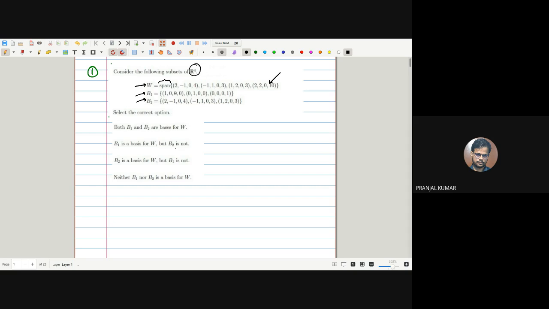So first of all, W is the span of these vectors. What you should do is first try to find the basis of W. How would you do it? There are two ways. You can place these vectors as columns in a matrix and perform row echelon conversion. But instead of placing them as columns, I would advise you to place them as rows, because I told you